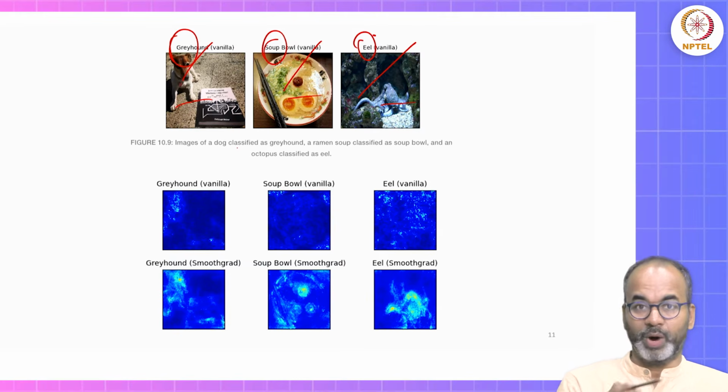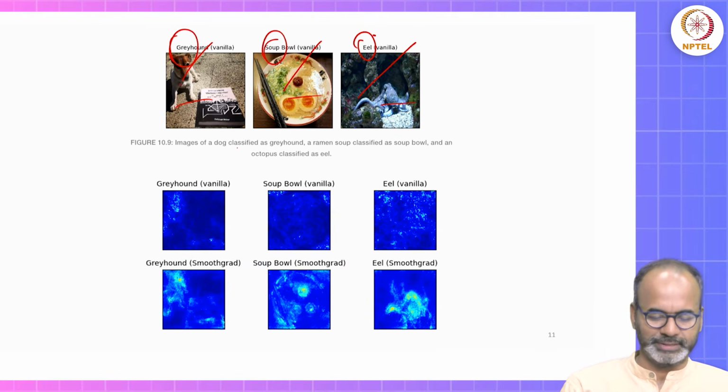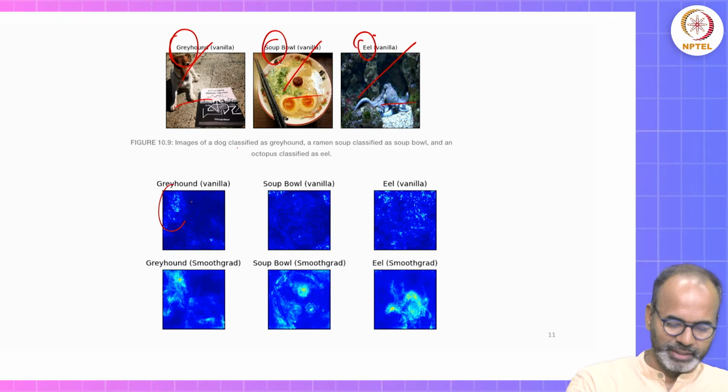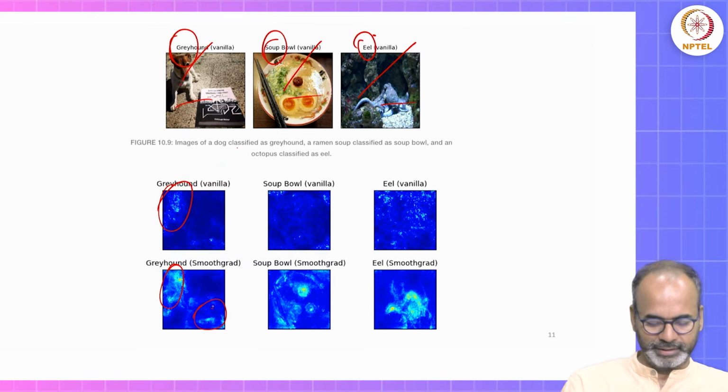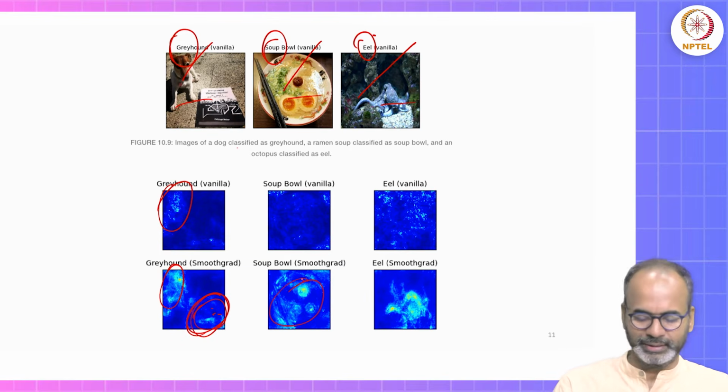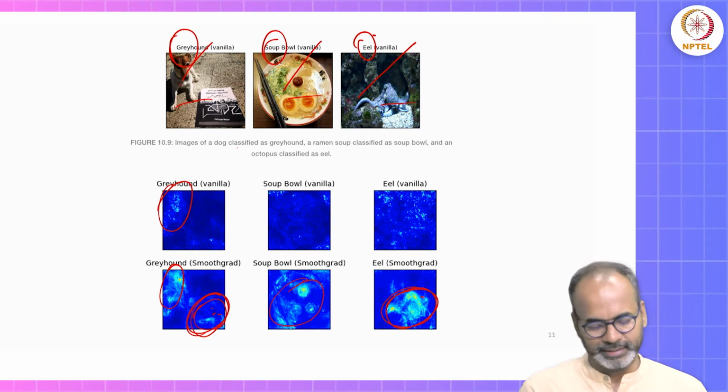Right? But why it is done is what our interest is. Transparency, that's what we're looking at. So if you see, it's kind of picked up some pixels here. In SmoothGrad, it's a little bit better. It probably identified the book also here. In this case, it identified probably the food in the ball. In this case, it identified again some pixels here, because of which it actually decided that it is an eel.